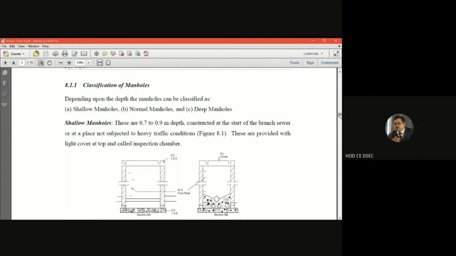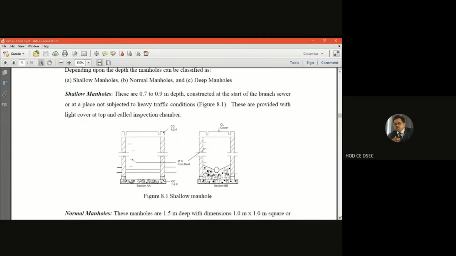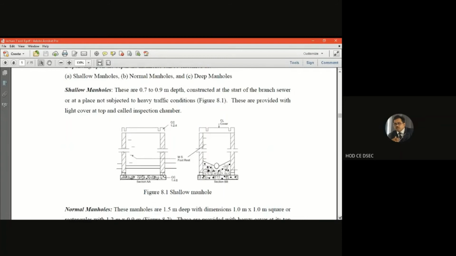Since traffic is not a concern, we can consider a light cover at top, because the traffic load may not be considered over here. This is also called the inspection chamber or manhole. So this is 0.9 meter by 0.8 meter at shallow depth 0.7 to 0.9 meter